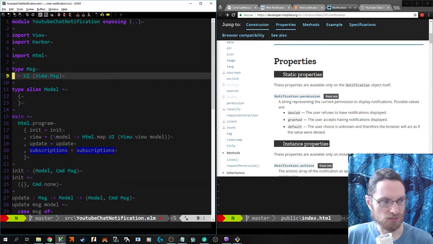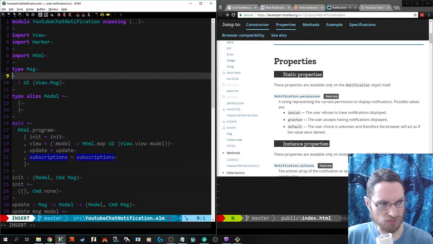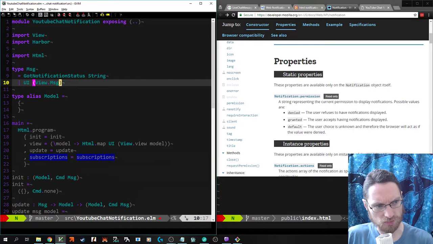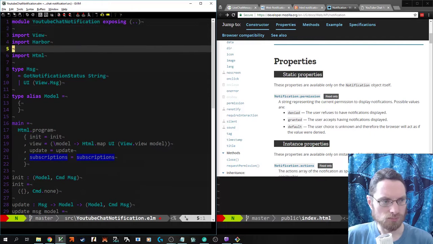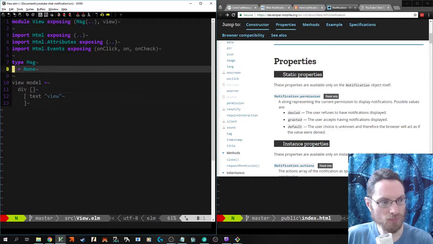So now our app needs a message. And I usually put the other ones that are sort of secondary things down there. Got notification status. This is going to be a string. No, I mean, I could decode it. These messages tend to be primitive values. I can decode it, like HTTP will decode things. I ultimately need to show this in the view. So for the time being,